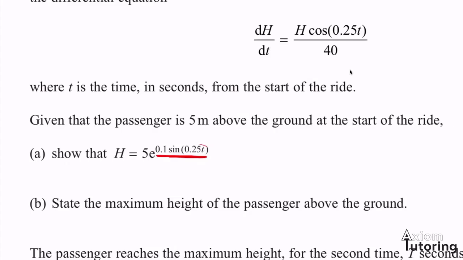But the maximum value that the sine expression here can take is 1. Therefore, h max has to be 5e to the power of 0.1. And in fact, we should write that here because that is the answer for part